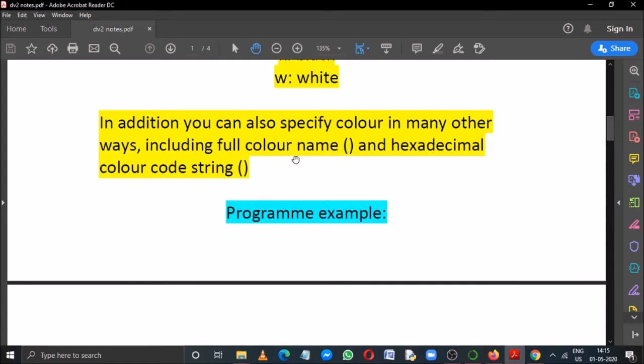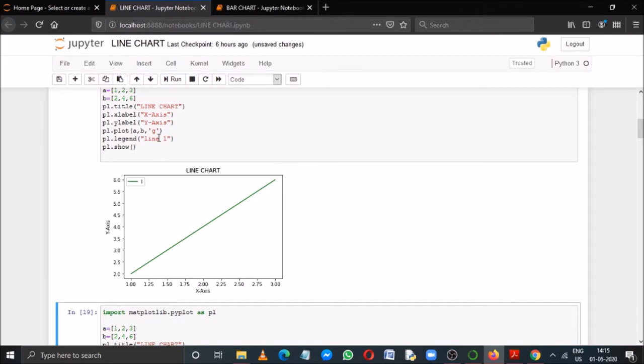First, as you can see, instead of writing a color code, if you just mention the full color name, like green or yellow, and run the program, then also the color appears. That means if you forget the color code, just mention the full color name, and the color will still appear.